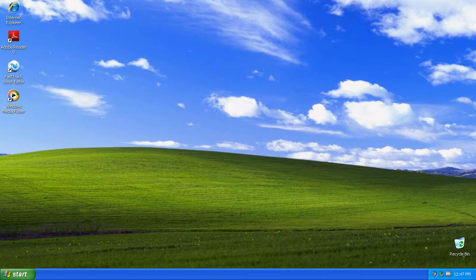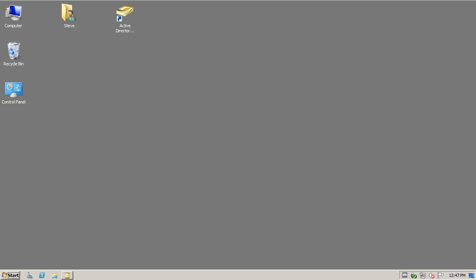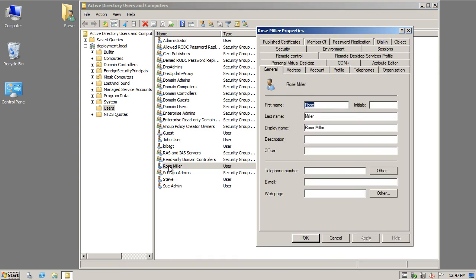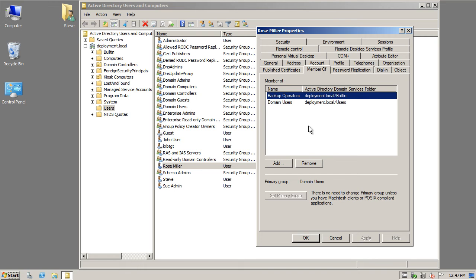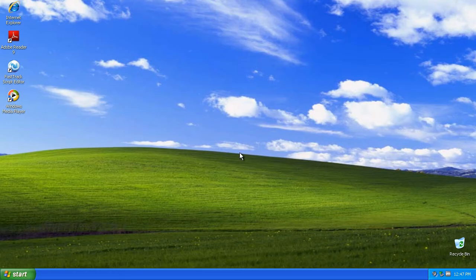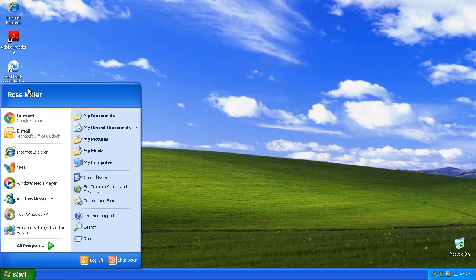And just while that's firing up, let's flick over to the domain server, and just check the groups that Rose is a member of, because we have just added Rose to the backup operators group, and there you can see she is indeed a member of that group. Going back to her machine where she is now logged in,